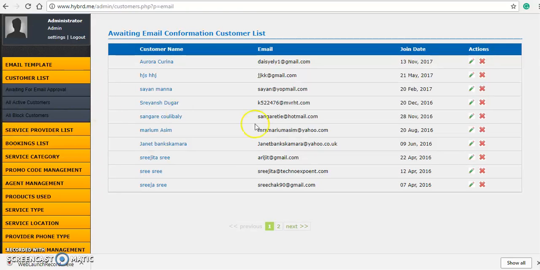Hello, here I have opened the admin control panel of hybrid.me. As you know, there are two types of users, mainly front-end users, customers and service providers. Service providers are mainly the beauty salons and customers are those who are looking for the beauty services. So here you can see customer list, and